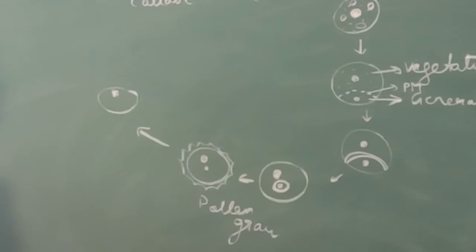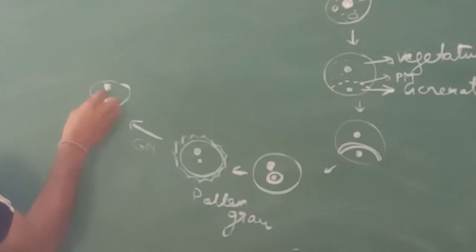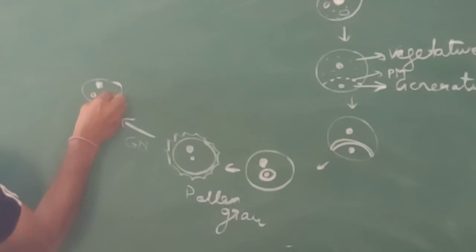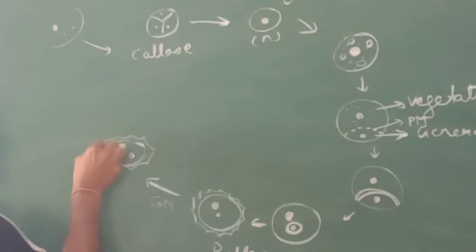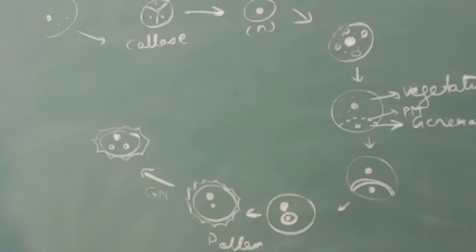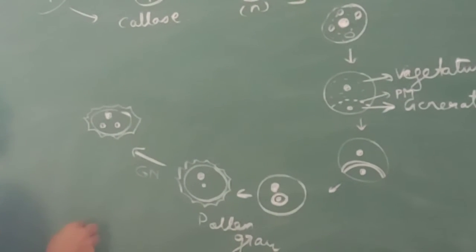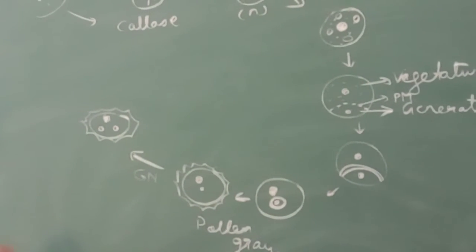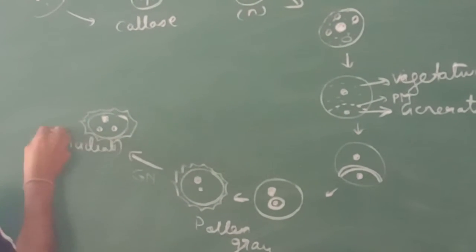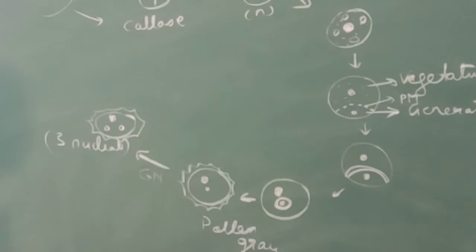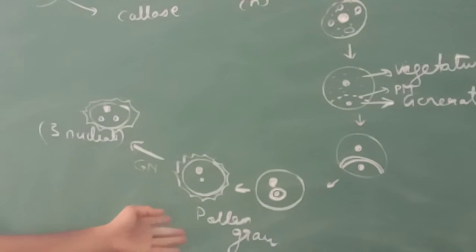The vegetative cell remains as such, whereas the generative nucleus divides by mitosis and makes 2 new generative nuclei. Thus, it has been observed that in about 70% of the plants, the pollen grains are released at the 3-nucleate stage, while in others the pollen grains are released at the 2-nucleate stage, like in Asteraceae, Poaceae, Brassicaceae.